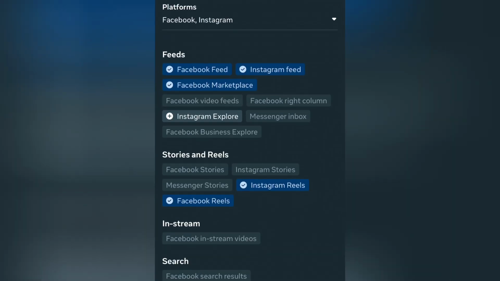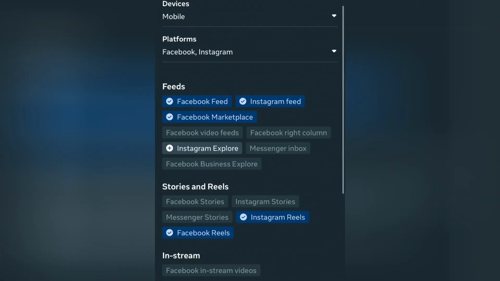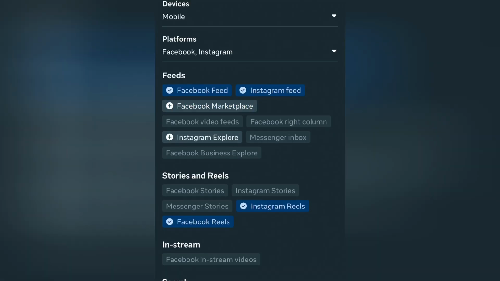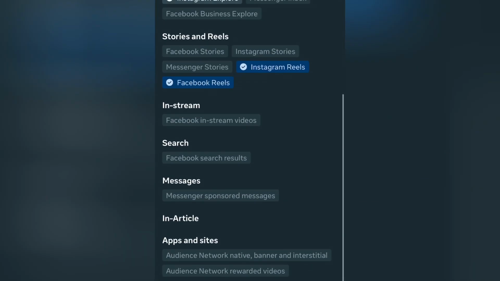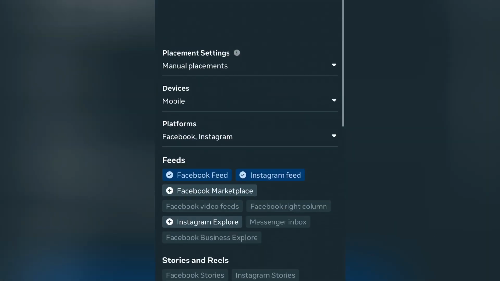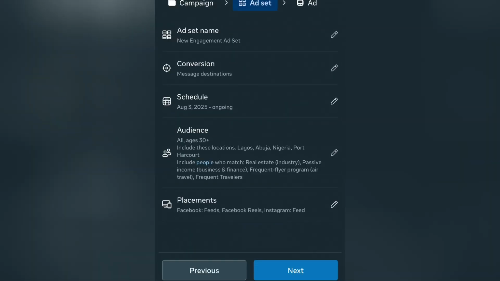So if you don't have a lot of money to spend on ads, you can just keep your settings to specific places. Don't select a lot of places, so that at the end of the day you won't end up running your ad in places where you're not going to be getting great results. For instance, people don't often go to Facebook Marketplace as much as they go to Facebook feed or Instagram feed, so you can take that off. All right, so once you're done with selecting your placement, you can now come back, click on the back arrow